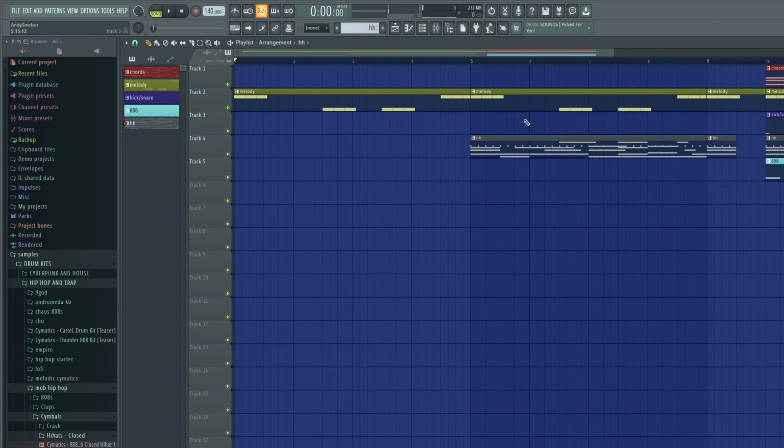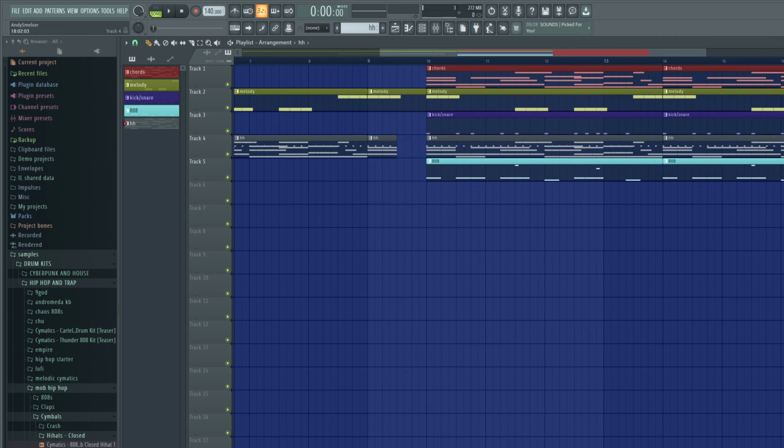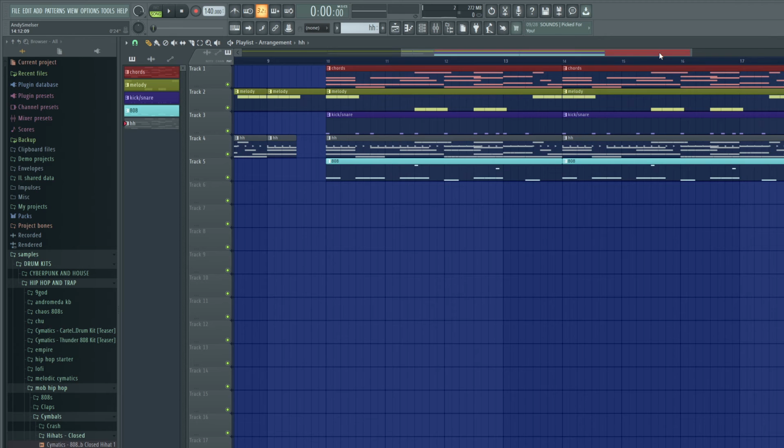So, there you go. It's a basic how to make a drop type of thing. You just take this, shift, something like this. If you got a perfect 4-bar loop and you don't really want to extend it to be an 8-bar,